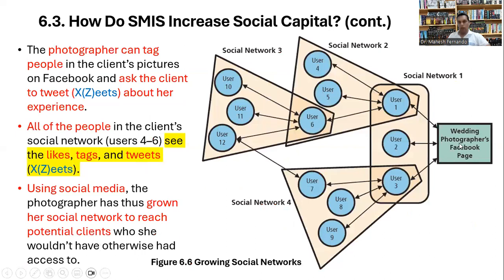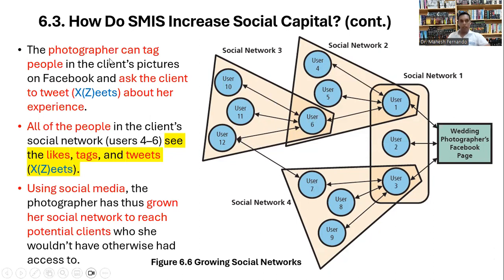It might be that user 1 is requested to put a comment, and user 1 will share this information with users 4, 5, and 6, and in turn the post might be seen by users 10, 11, and 12, and it might go to user 7. Likewise, it's a network of networks.